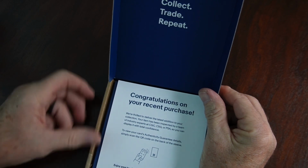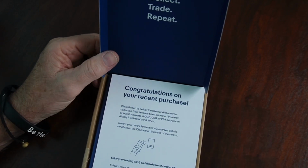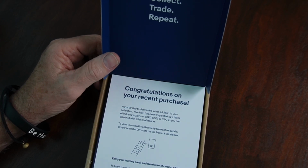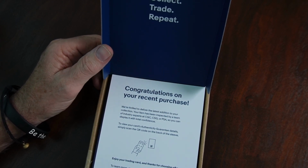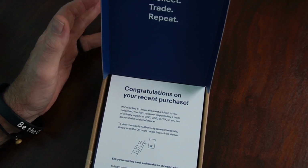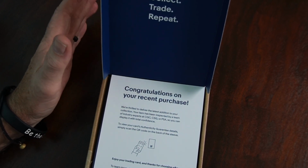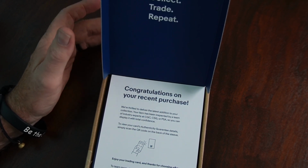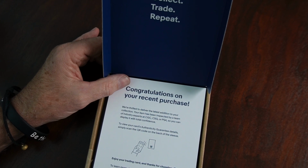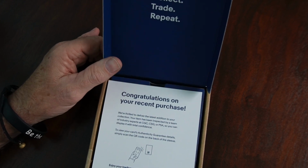And can somebody explain to me why eBay thinks it's a great idea to hold up your card in shipping for their services to go ahead and authenticate something that's already been authenticated? I understand the fakes and phonies that can be out there, the counterfeit cards and stuff, but come on, give me a break. But anyway, without further ado, this is my